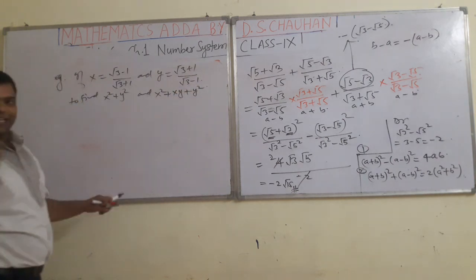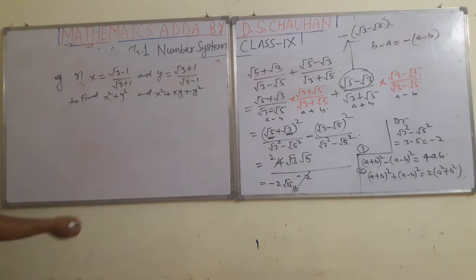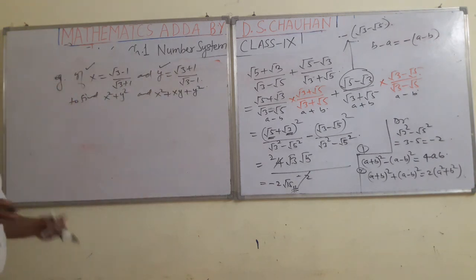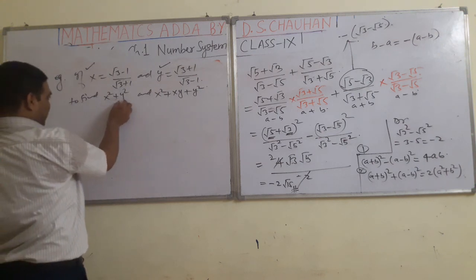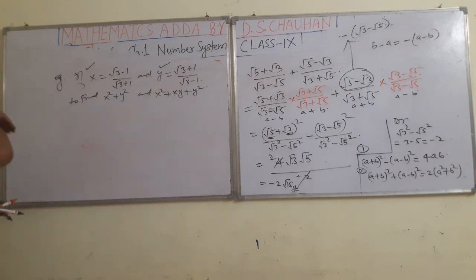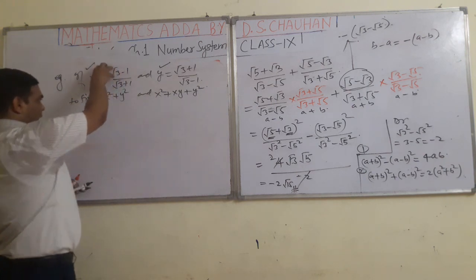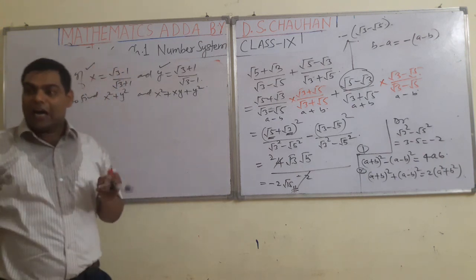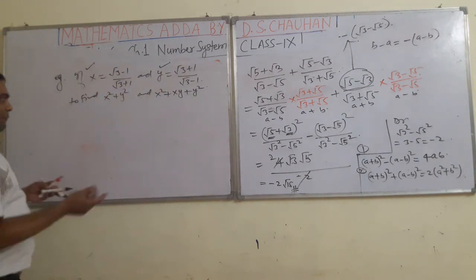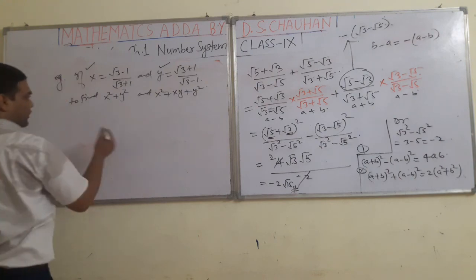How to find out? Telling you. Try to understand. Easily, you have been given x, you have been given y. If you look clearly, this is the condition x square plus y square. Easily we can find out. Two ways. Either you put the values here and then simplify, or first simplify then put the values. It is up to you. So now I am going to tell you. Note